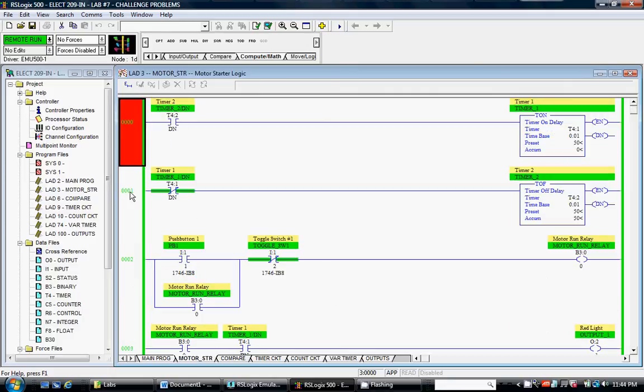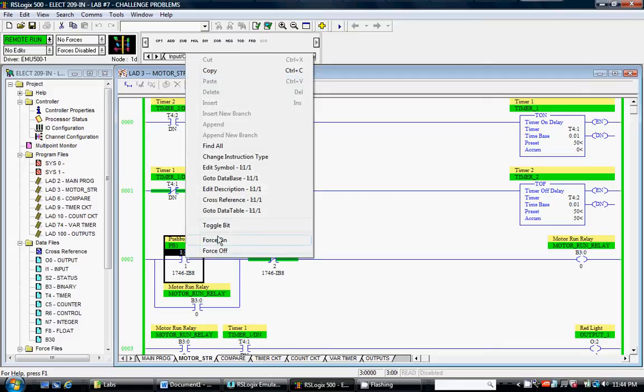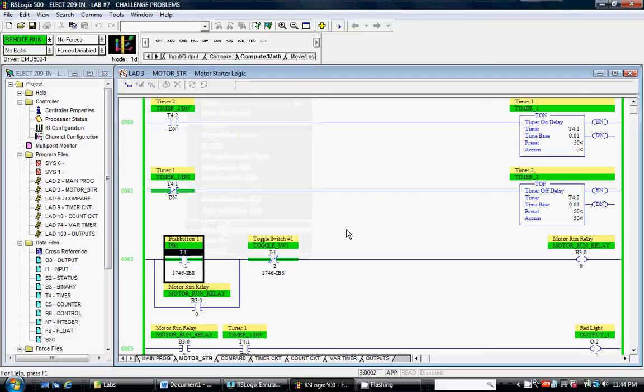As you can see, I've segregated them into motor starter, compare, timer circuit, counter circuit. Each one of these subroutine files is basically items that we've done in previous labs. Right now I have the motor starter ladder 3 opened up, and with the green highlights, one would think that this would work if I tried to toggle this bit,